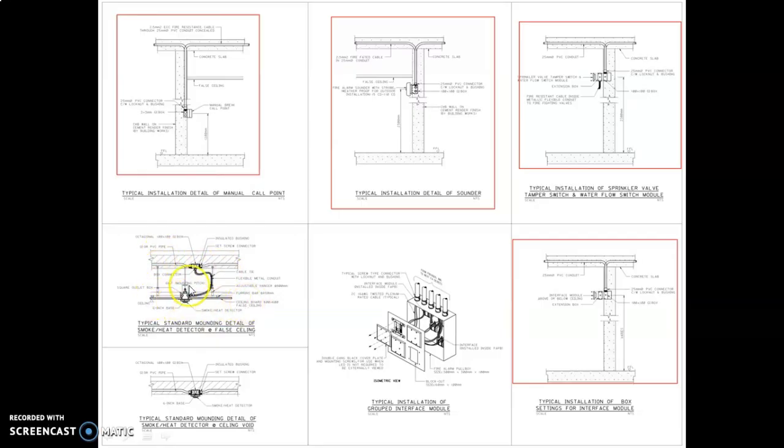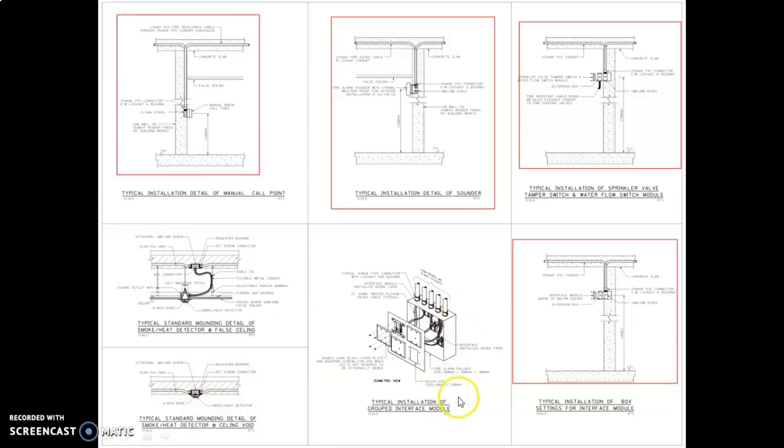If there was no false ceiling, you could install it directly to this back box over here, but here you'll need a flexible conduit shown over here with supports, and then the back box. You can see here all the back boxes, the conduits, and the supports that are needed in order to hold the smoke detector in place along with the smoke detector itself. And see here you don't have any false ceiling. You can see how the smoke detector has been installed on the ceiling itself.